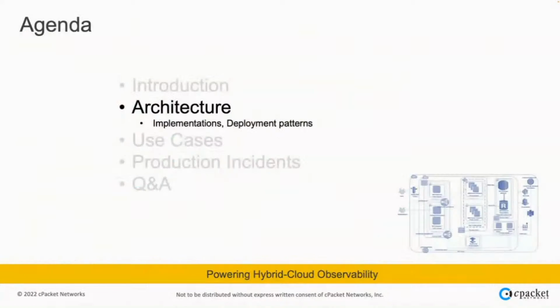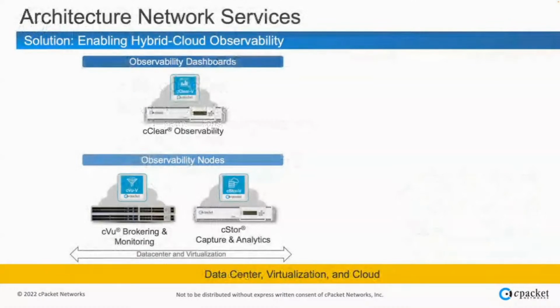So just onto the architecture. Here at cPacket Solution, we've been in the data center for a decade or more. This is rack-mounted, one rack unit or two rack unit type devices. We provide a C view for the packet brokering and forwarding and replication services. C-Store provides capture and analytics for us, and then C-Clear is a device that we use for observability, visualizations, and